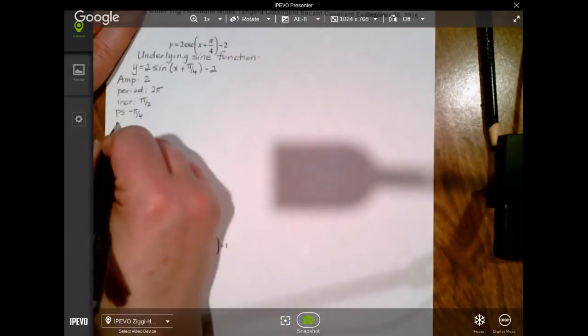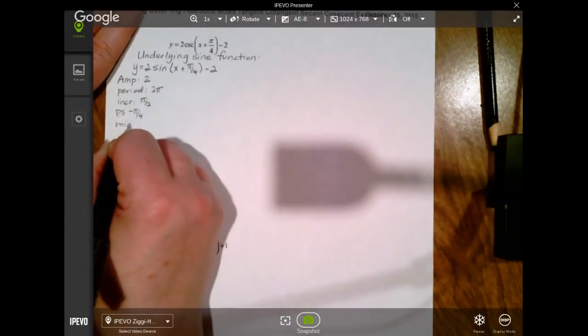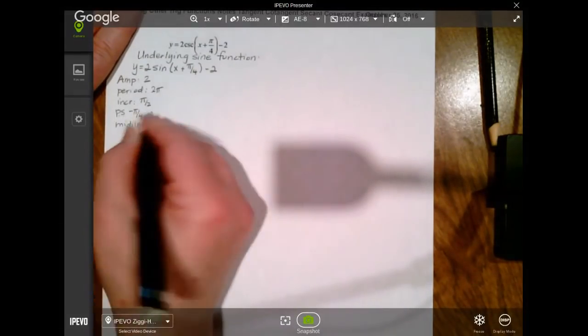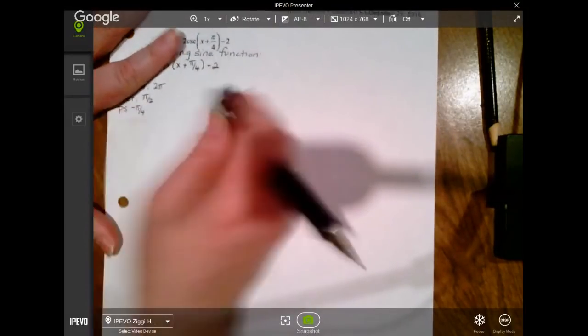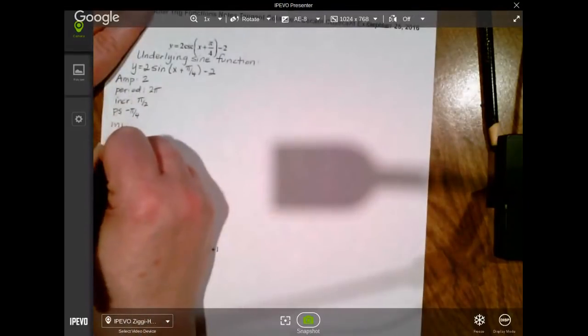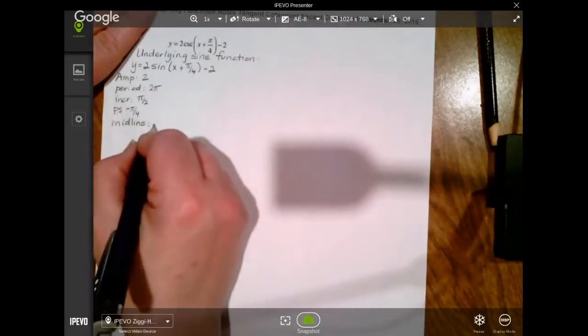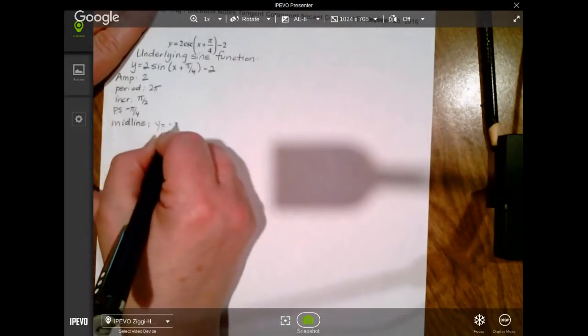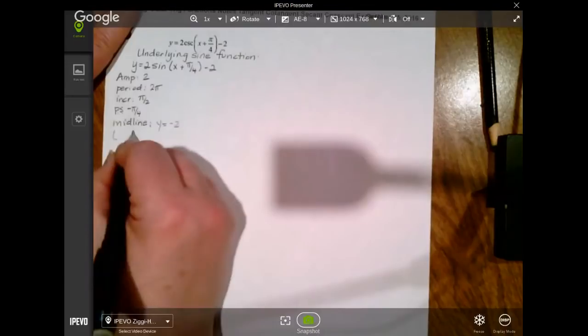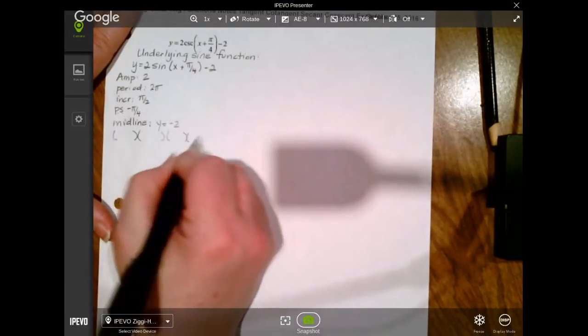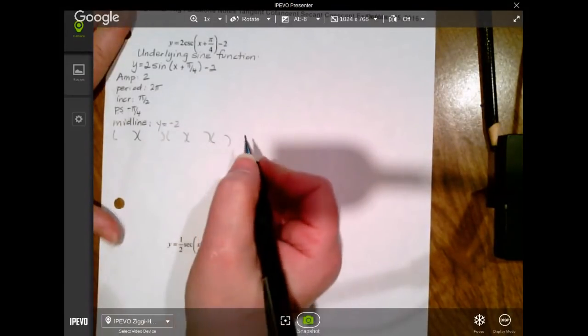Sorry. And the midline, I can't spell it, it's midline, is y equals -2. All right, and we're going to have 5 critical points, just like we ordinarily do, starting